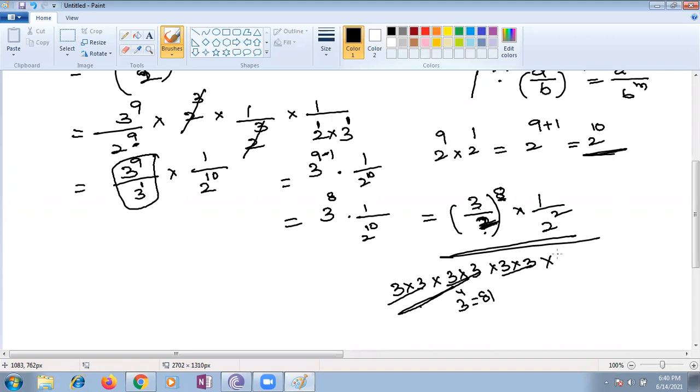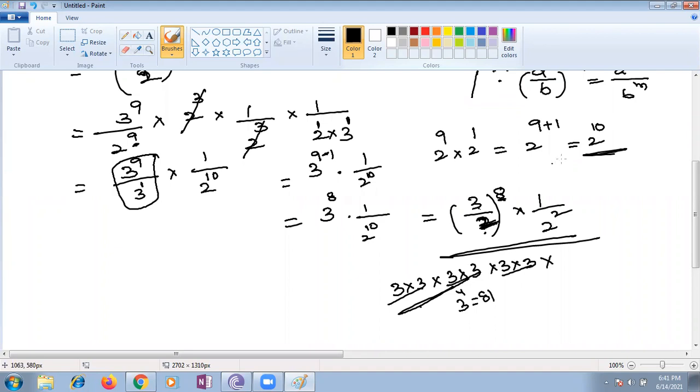Ma'am, in this I did only one mistake, and because of that I got the whole answer wrong. That is the power of exponents. Ma'am, even I did that. I didn't cut the 2 cube. If I don't cut, the answer will be the same. But the problem was I didn't put the 1 in the fractional form. That's why I got it wrong. I checked many papers. Good students are doing the same mistake.